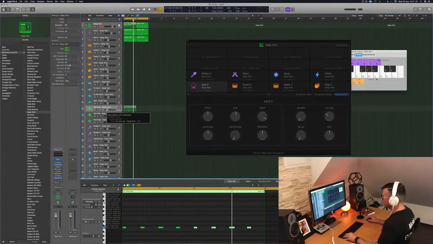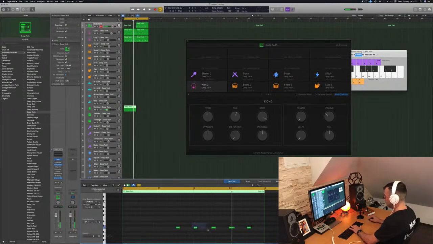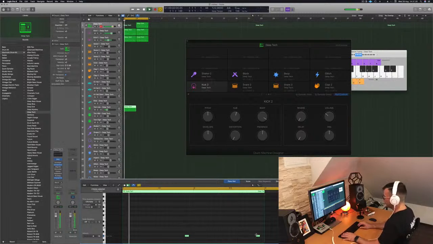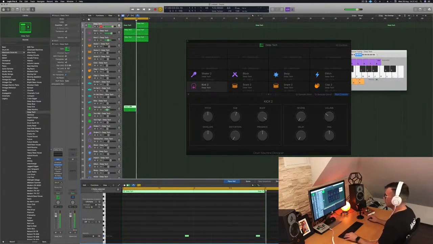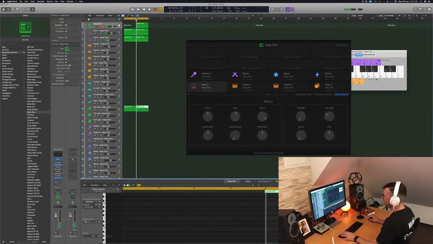I'm gonna go with the low tom here. So the low tom is gonna be here. I'm gonna bring it to where its root key is. It's nice, but